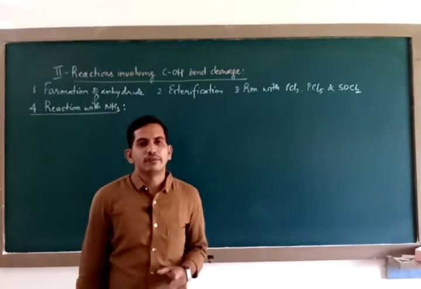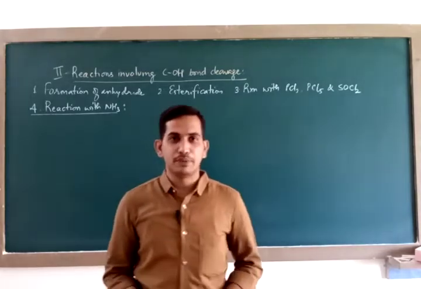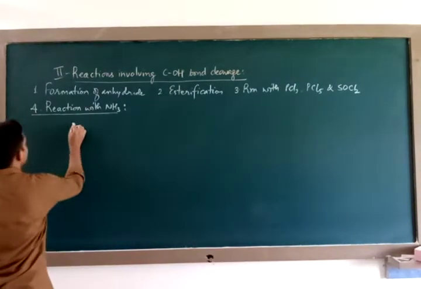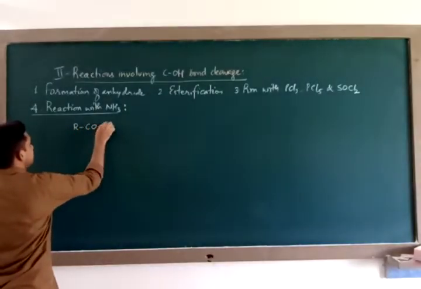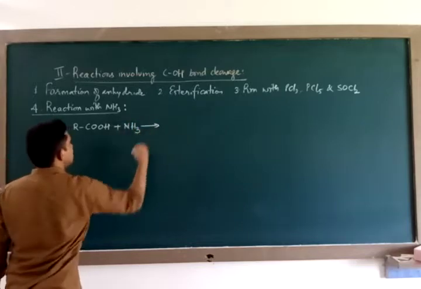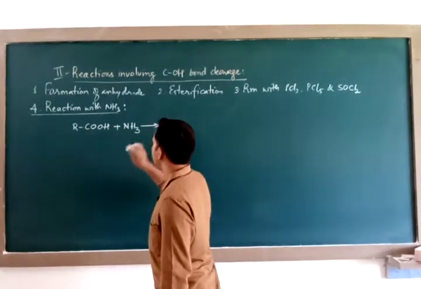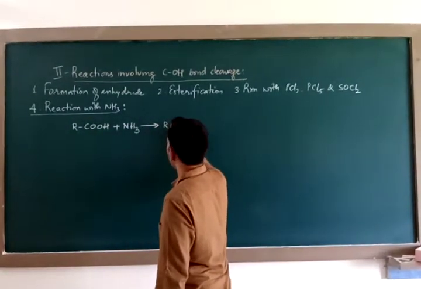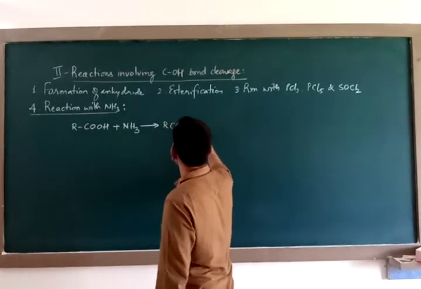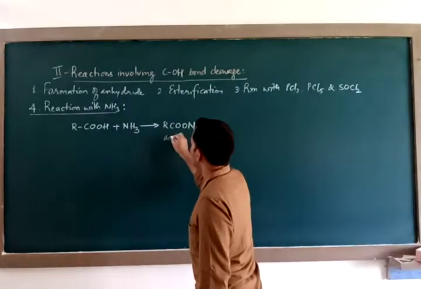This is a favorite question and an easier question to remember because it appears multiple times in the exam. In this reaction, a carboxylic acid reacts with ammonia. When these two react, what is obtained? It is very easy to remember. See, combine all of them, RCOO, NH3 and this 1H, so RCOONH4. You will get ammonium salt.